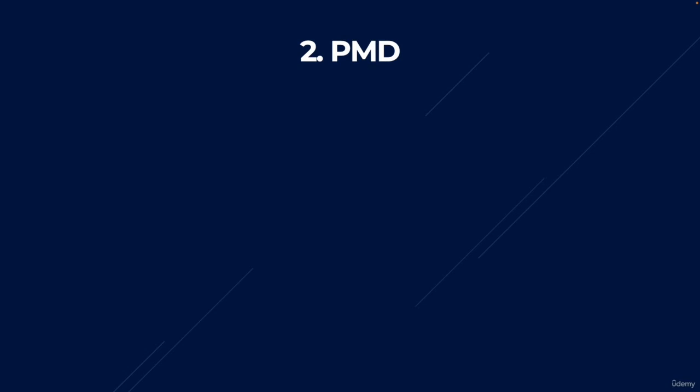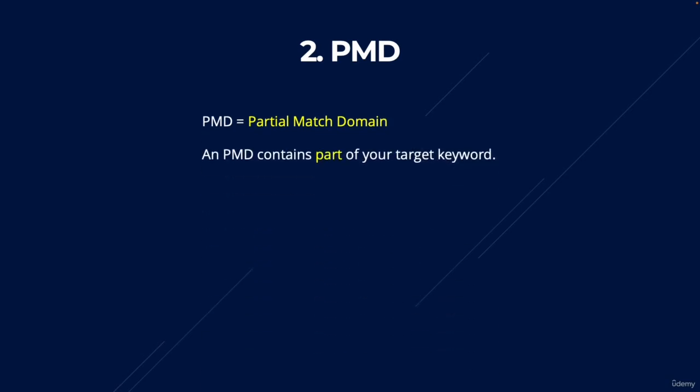The second type of domain you can have is what we call a PMD. A PMD stands for a partial match domain. A partial match domain contains part of your keyword, hence the word part. So using our same example as before of best gaming chairs, if you was targeting the keyword best gaming chairs, then an example of a partial match domain would be